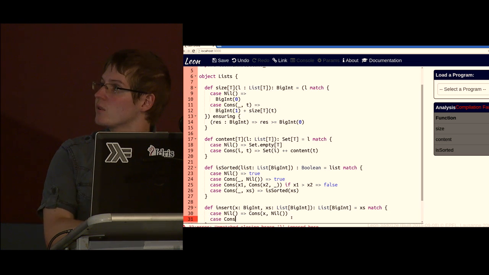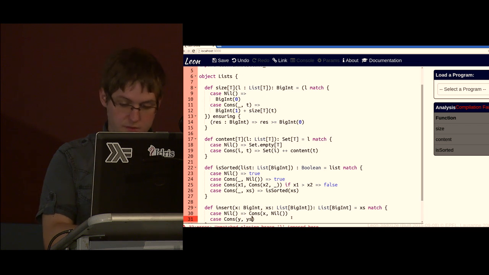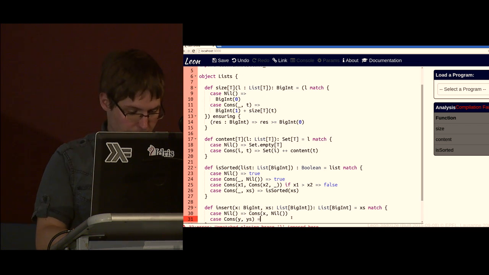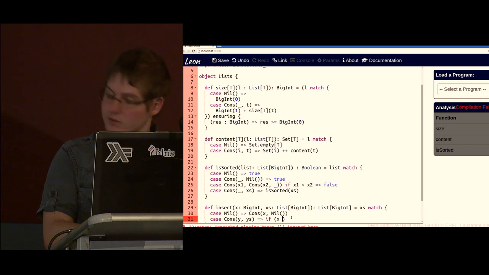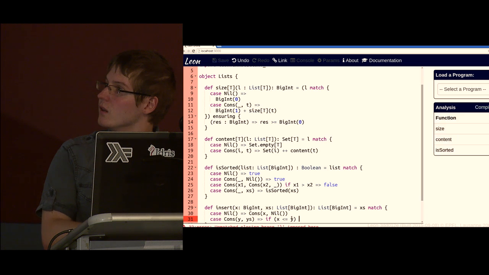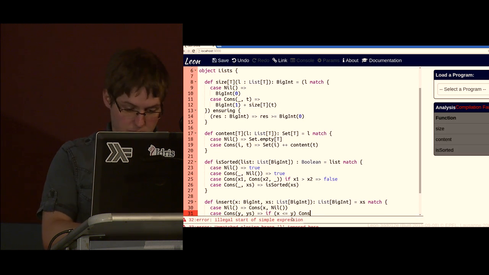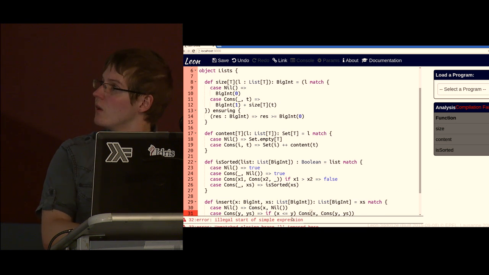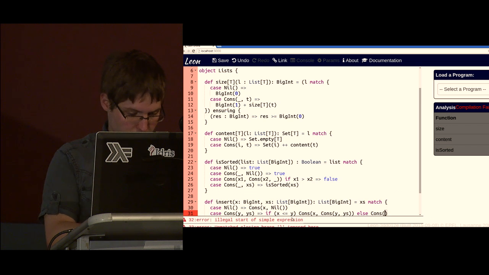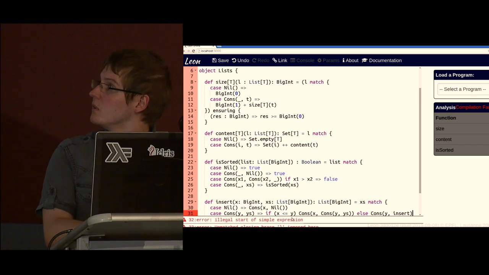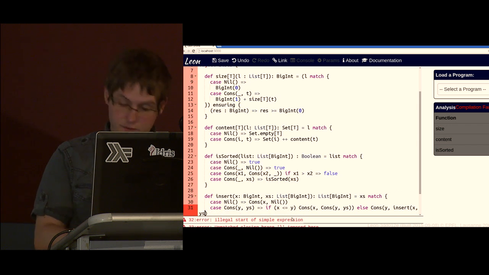And if you have Cons(y, ys), okay, so if x is less or equal than y, we can return Cons(x, Cons(y, ys)), or else it's going to be Cons(y, insert(x, ys)).